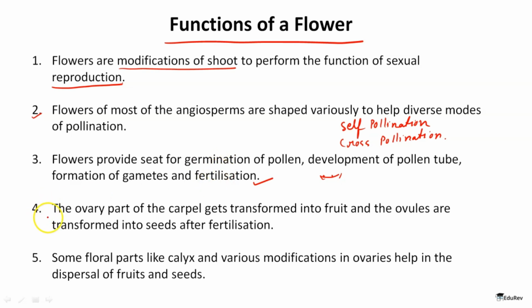Now come to the fourth point. The ovary part of the carpel gets transformed into fruit and ovules are transformed into seeds after the fertilization, right? So this is a very important point. Now some floral parts like calyx and various modifications in ovaries help in the dispersal of fruits and seeds. Now let's get back to the whorls part,